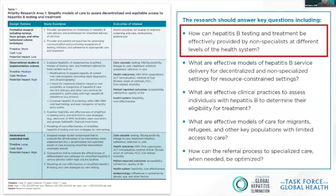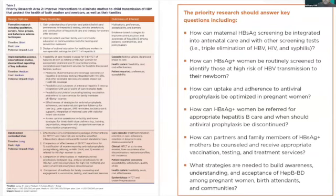Participants of the workshop expressed different ways to address that question, primarily around observational studies and implementation science here in the middle row, setting up observational studies where key interventions to task shift or decentralized care could be conducted and evaluated over time. Next slide, please. So in the second priority research area, and you can advance the slide here, one of the